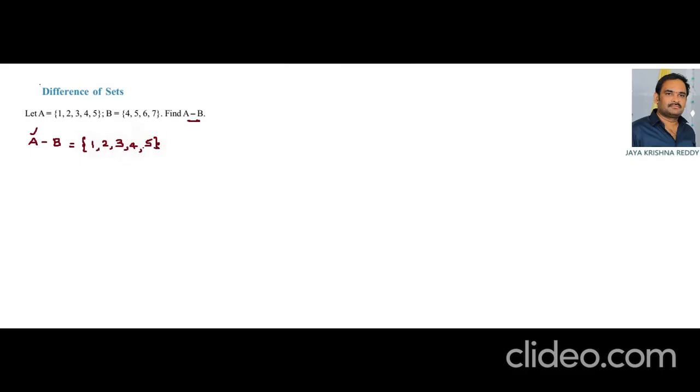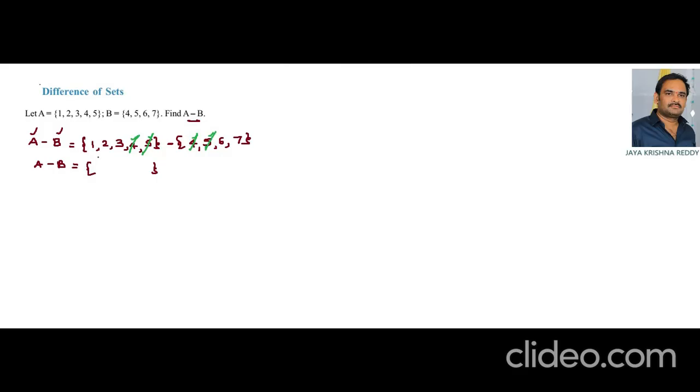And next, the minus symbol is there. So minus. And next you have set B. So write the set B elements here, 4, 5, 6, 7, and A minus B equals, so we have to write the elements. First you have to identify what are the common elements of those two sets. 4 is common for both the sets, so cancel that element, and 5 is also common for both sets and cancel that element also. So first cancel the common elements